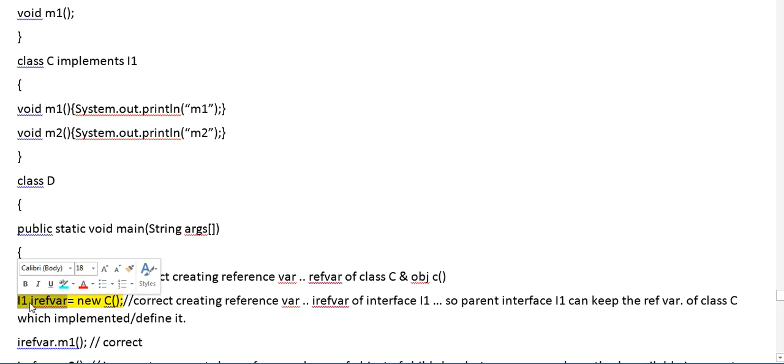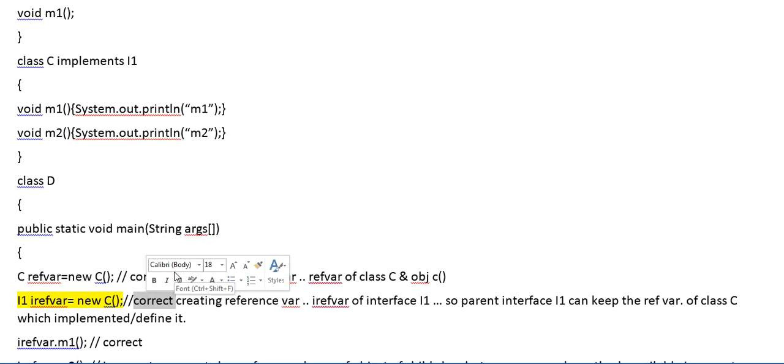So if we are defining the reference variable as I1, that is a reference variable of interface instead of class C here, and we are creating or referring to an object of C class, which has implemented I1, it is also correct here, because as per the rule an interface can have the reference variable.